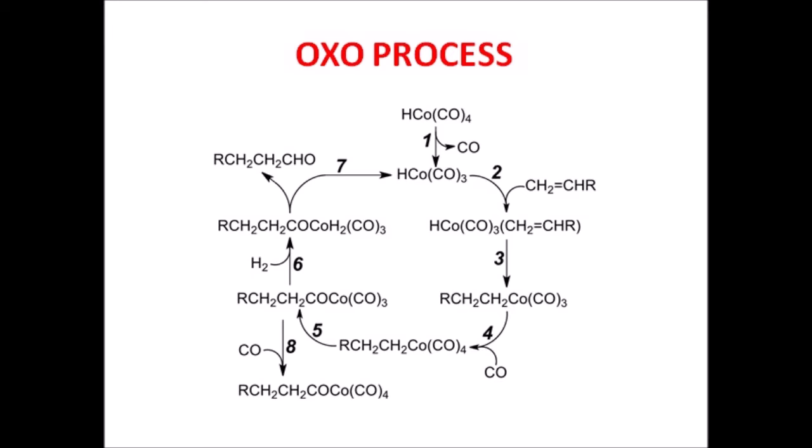Thus, the net reaction is RCH=CH2 plus H2 plus carbon monoxide, that is carbonyl, gives the corresponding aldehyde. Since it is used to make oxygen containing compounds from hydrocarbons, it is also known as the OXO process. The technical importance of this reaction comes from the ease with which the primary OXO product,